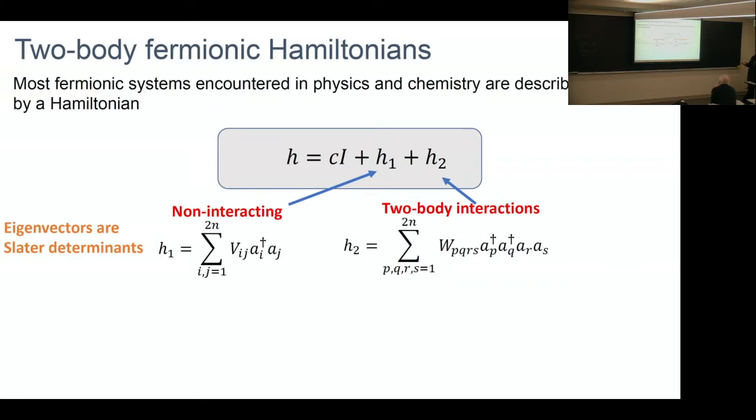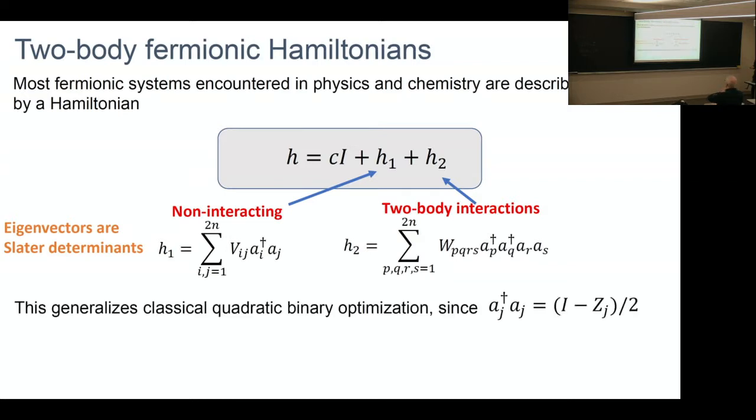Okay, so the eigenvectors of this kind of Hamiltonian are Slater determinants. So this is why you might think that the eigenvectors of this non-interacting piece are Slater determinants. Just like in the spin case, we had a linear term whose eigenvectors are product states, and then we had a quadratic term, and we tried to approximate by product states. Here we have a quadratic term, and then the quartic term, and we might try to approximate the ground state, or the maximum eigenvector, by Slater determinants. It's sort of a natural thing to do.